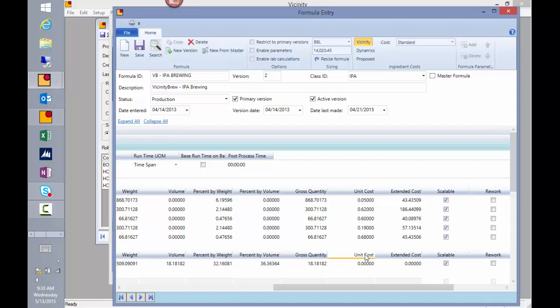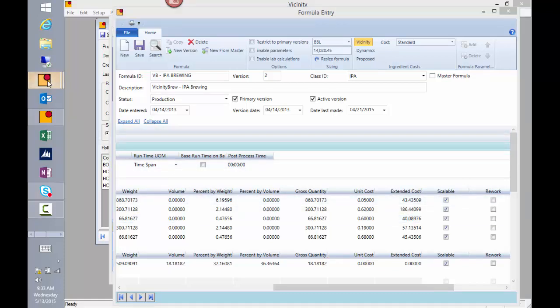So where we stand today on actual costs is every time we post a transaction to Dynamics, a cost is being brought back into Vicinity. So take a raw material, for example. I consume raw material, it goes to Dynamics, Dynamics posts it, and brings a cost back to Vicinity. That's the relationship that we have with Dynamics. So if I pull up a batch ticket for a minute,